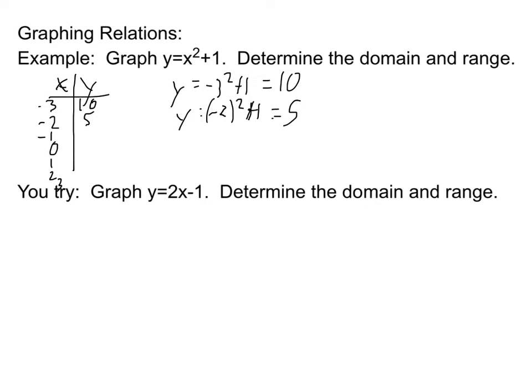-1 squared is -1 times -1, which is 1, plus 1 is 2. 0 squared is 0 plus 1 is 1. 1 squared is 1 plus 1 is 2. 2 squared is 4 plus 1 is 5. 3 squared is 9 plus 1 is 10. Okay, so then